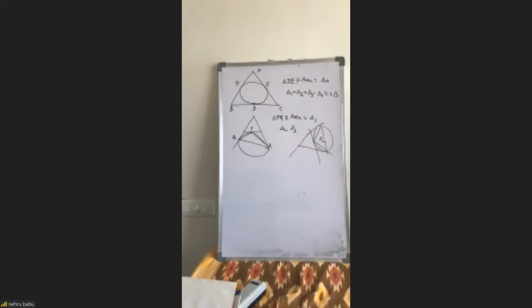Sir, yes. It is like R1 plus R2 plus R3, 1 by R1 plus 1 by R2 plus 1 by R3 formula. Circumcenter of the DEF triangle will be the incenter only. Circumradius of the DEF triangle will be the inradius only. Yeah, correct. And we know the angles also, so we will know all the sides.